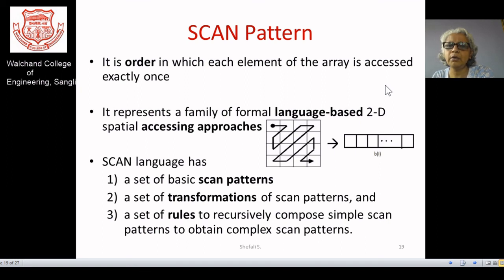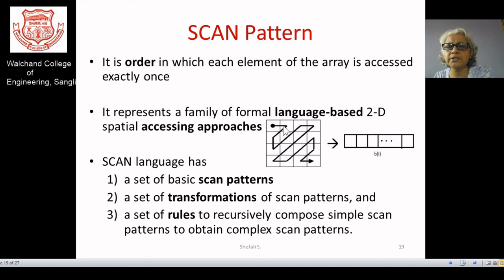I made a comment that whatever scan patterns are already available, with cellular automata there are 400 plus scan patterns available, but you can design your own scan pattern, and it allows you to design your own key. Repeatedly I am making the comment that whatever cryptographic function you are using, the cryptographic essence or success lies with the key design and the key handling itself. So you can have different scan patterns, that is, if the rows and the columns are there for your pixels.